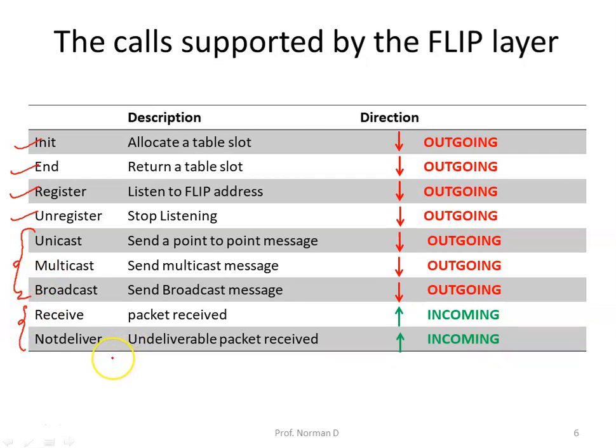The first one is for messages originating elsewhere and directed to this machine. The second one is for messages sent by this machine but sent back as undeliverable. Although the FLIP interface is intended primarily for use by the RPC and group communication layers within the kernel, it is also visible to user processes in case they have a special need for raw communication.